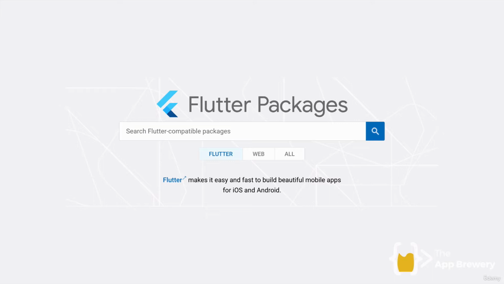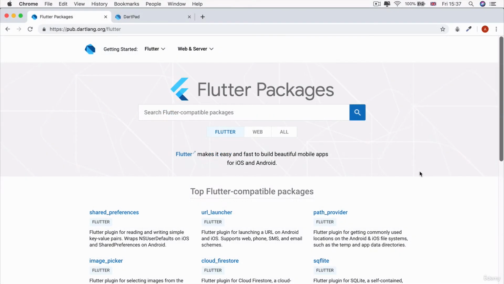So in order to do this, we're going to use a really simple package so we can see all steps of the process. And then we're going to apply our knowledge to be able to use a package to get our xylophone app to play sound a little bit later on. So first, what exactly is a package? Flutter packages are open source libraries of code that other people have created, which you can incorporate into your project